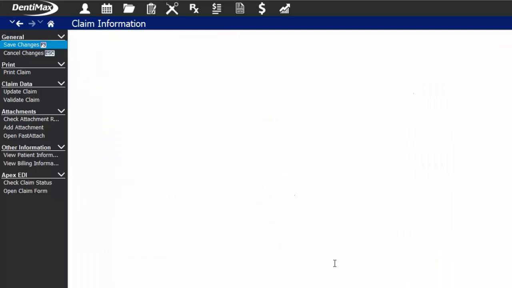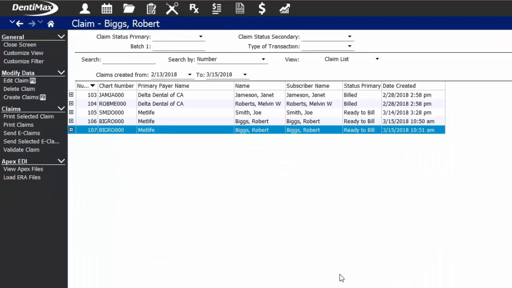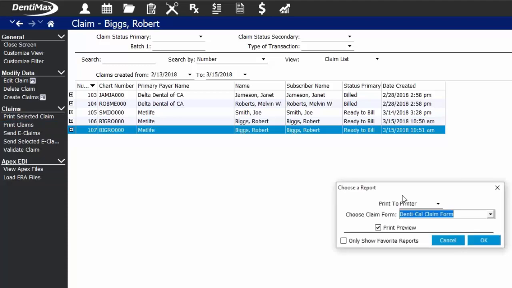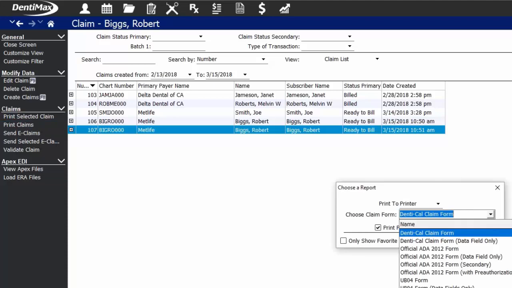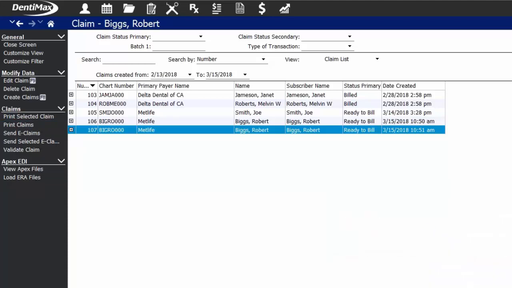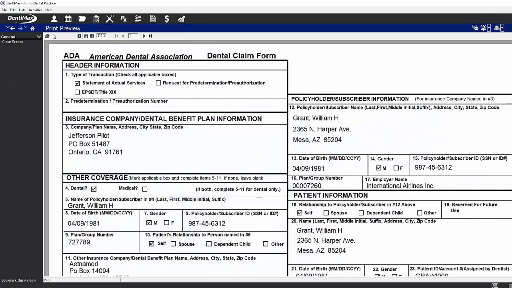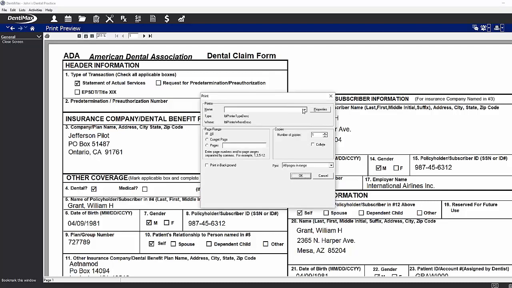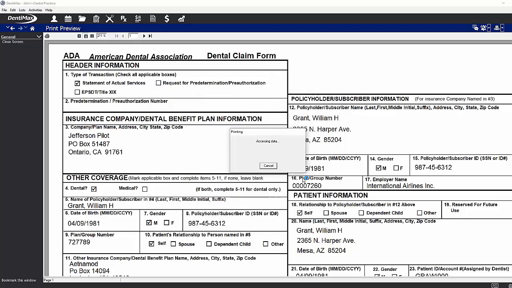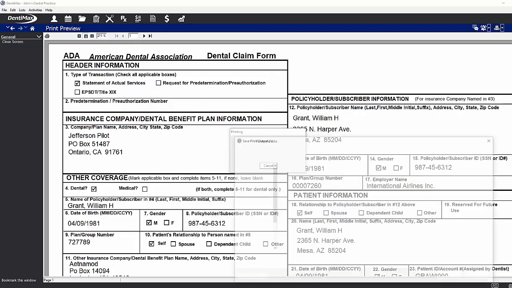So you have a really quick remove option now that's available to you. Let's go ahead and print out our claims since I'm not hooked up with the eClaim service at the moment. We're going to print on the ADA 2012 form, which is the most current form of the claim form. If anybody is using an older claim form, just be advised that as of October last year, you were supposed to discontinue using the older claim forms